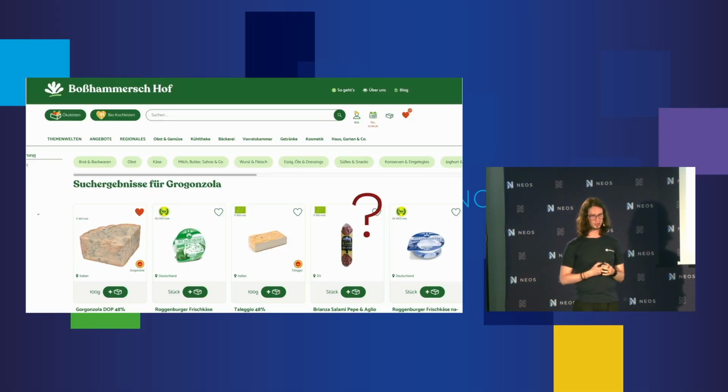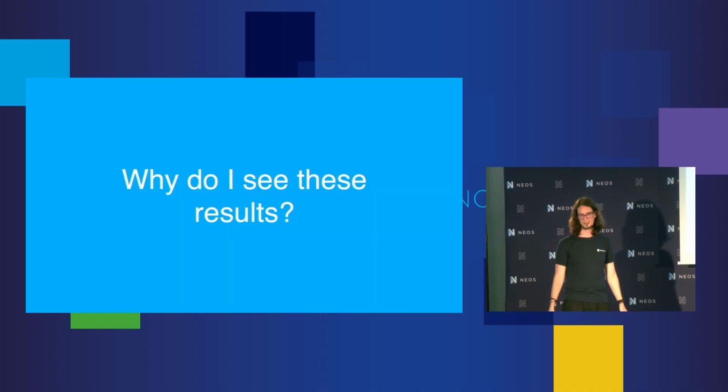You can no longer explain to your customers why things show up in their search. Using traditional search with full text indexes, you really have granularity in fine-tuning your search, where data comes from, which columns make up the result. But in this case, I simply cannot answer why you see a salami. So, yeah, that's bad. And one other problem with vector search is, you might have also spotted that I limited